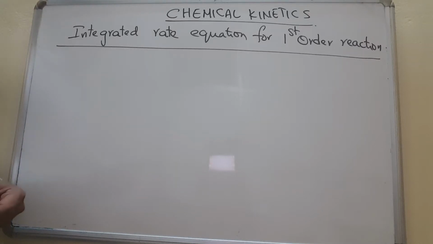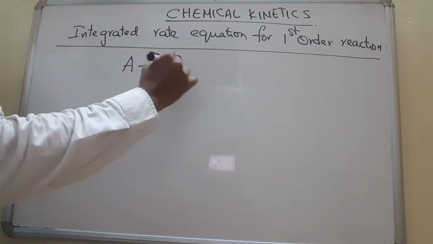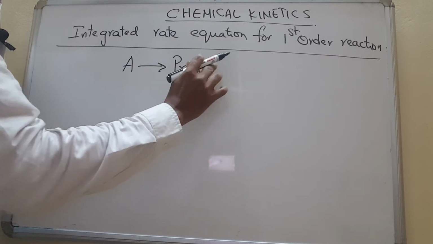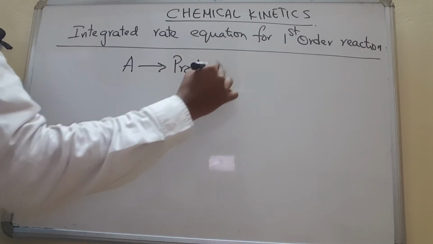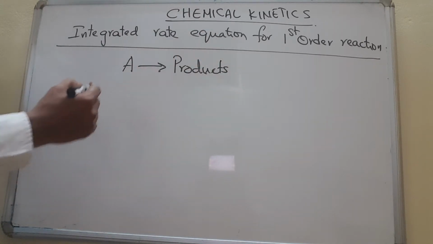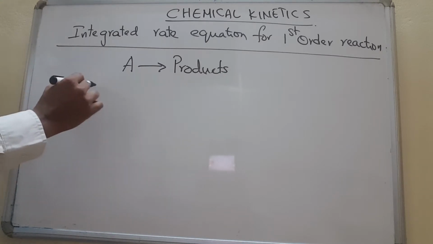Hi students, in this video I am going to discuss with you the integrated rate equation for first order reaction. What about the first order reaction? For example, if we consider A gives rise to products. In this reaction, if it is a first order reaction, initially the concentration at time t